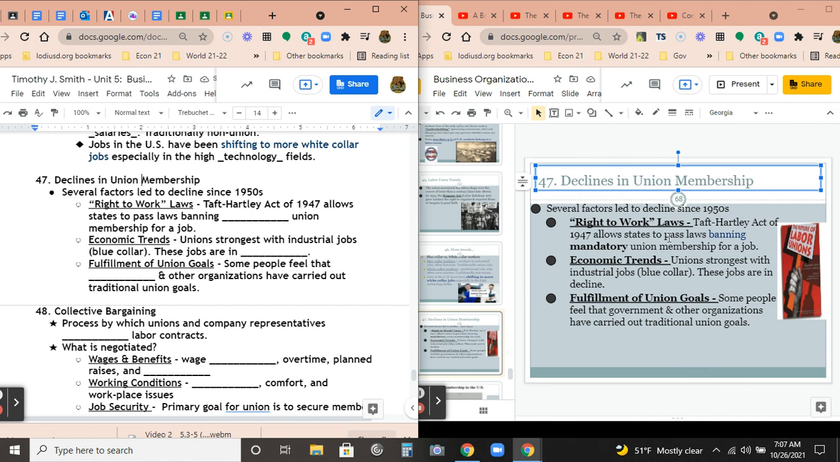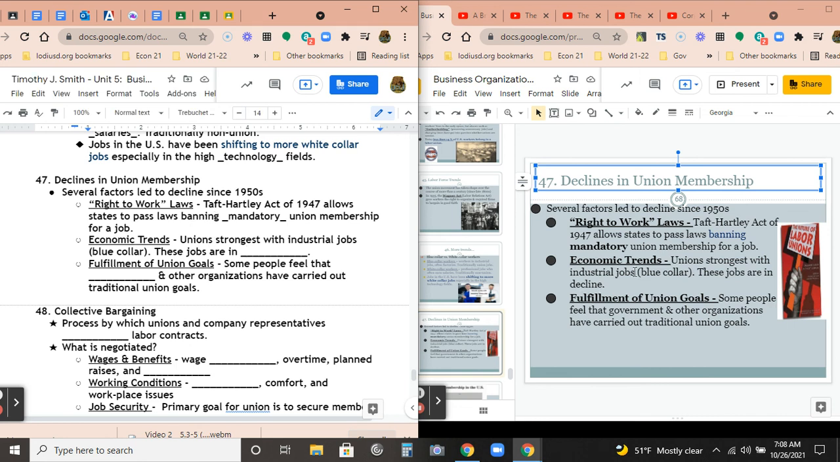And you see that in these right-to-work laws, which are basically anti-union laws. The Taft-Hartley Act of 1947 allows states to pass laws banning mandatory union membership for a job. When you do that, you're giving people incentive to not pay dues to a union and yet still benefit from the union's bargaining for wages and better working conditions. So you're disincentivized from financing unions, so it discourages members, and then the unions can fall apart